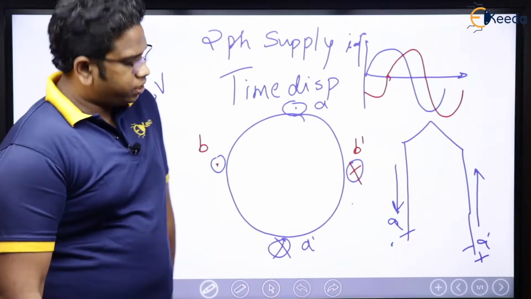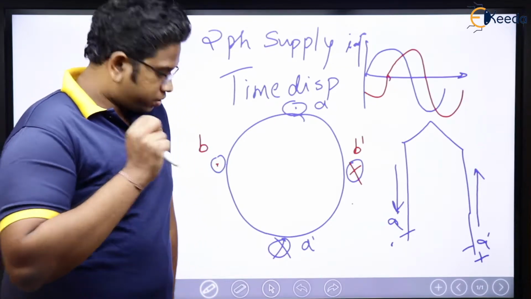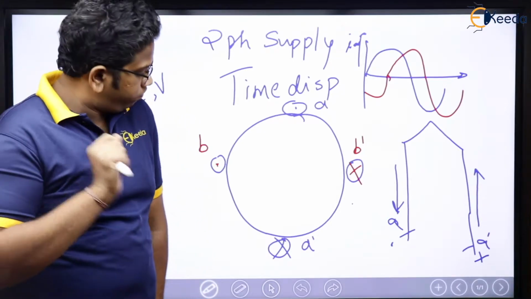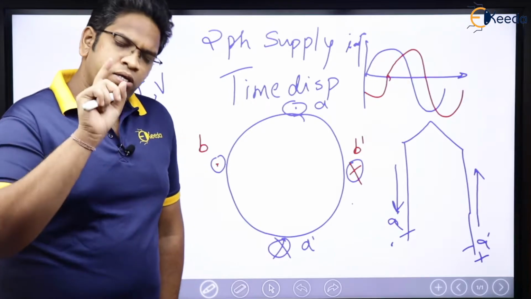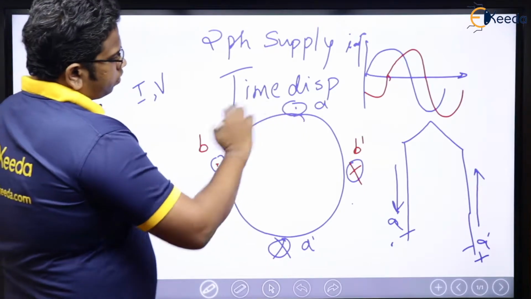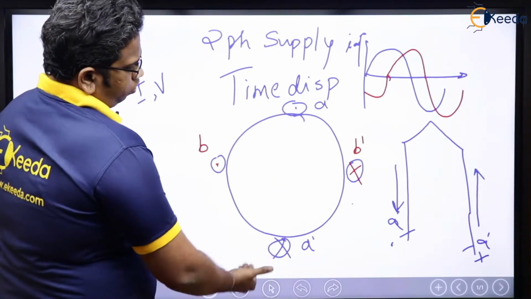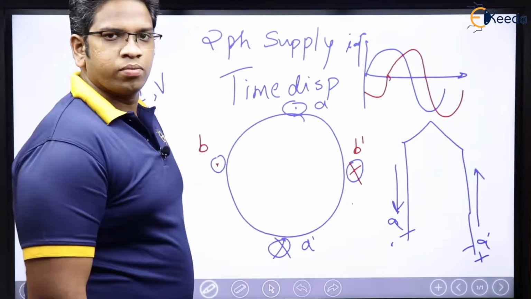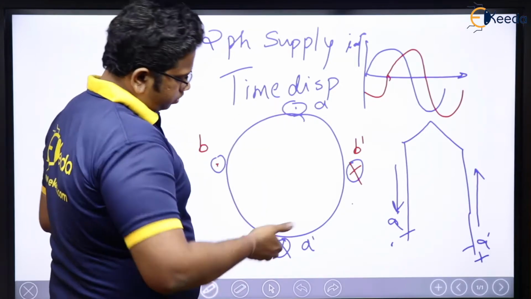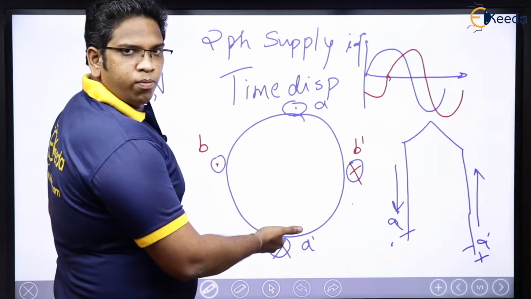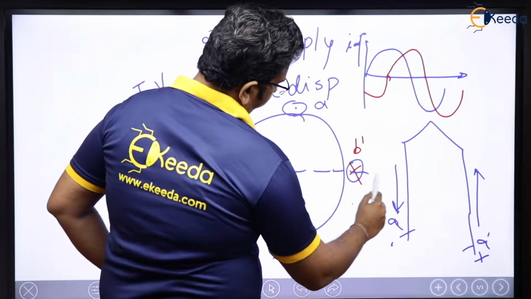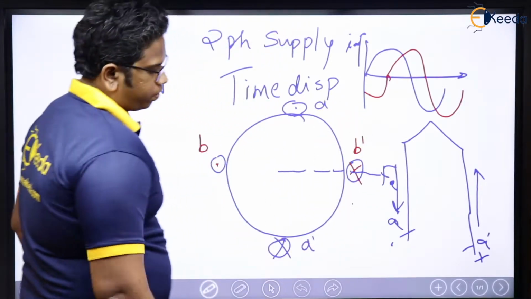Now you will tell me, sir, but at the same instant... We will be discussing it in the case of three-phase, and there you will be able to understand why we are taking this dot and cross. You will come to know gradually, don't worry. See here, when we are talking about A, this is cross and that is dot, so the MMF is going to be in this direction. Cross means into the board, dot means out of the board, going in, coming out, this way. So this is going to be the axis of MMF for A. This is A.